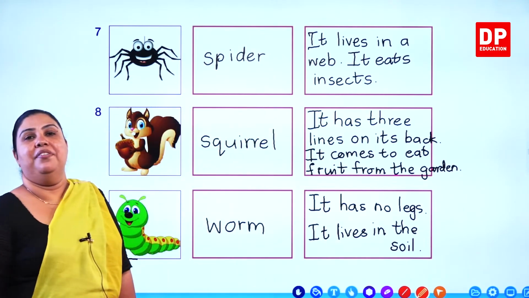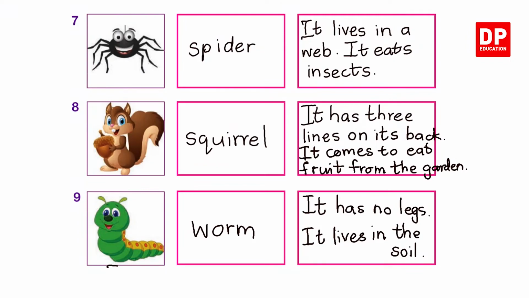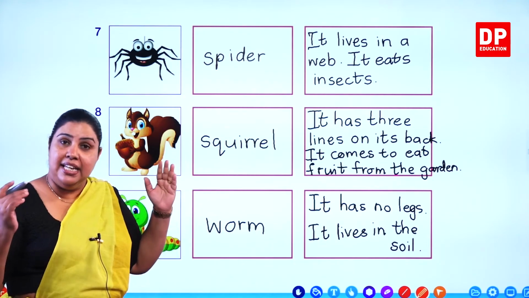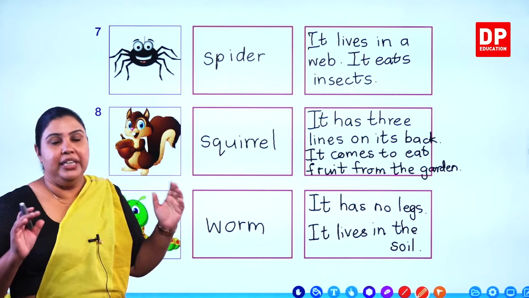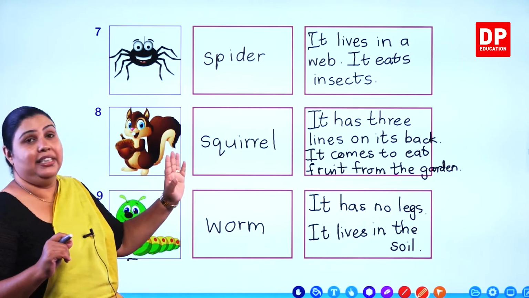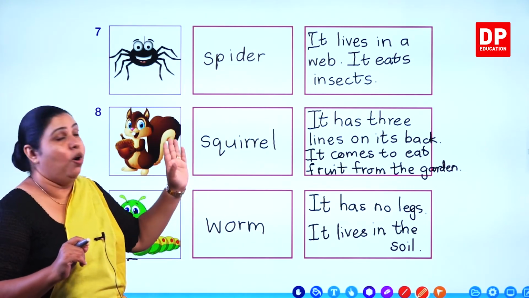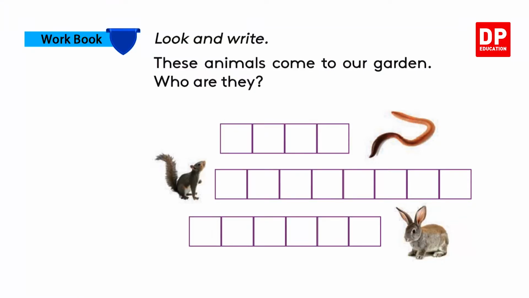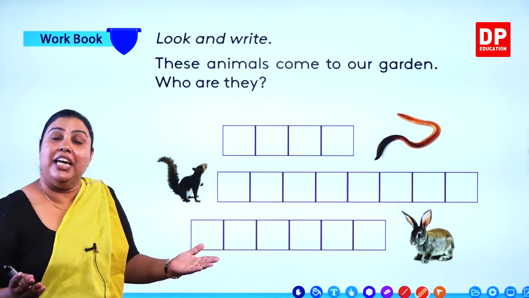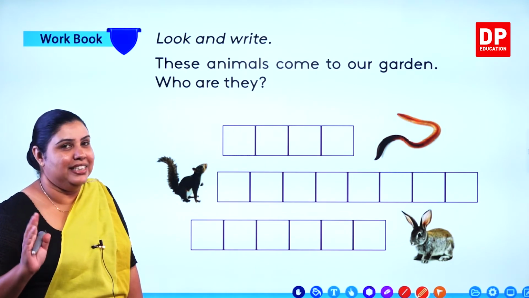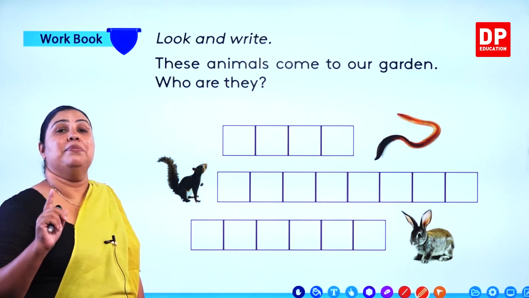Right. So now we have written the names of the animals and then the description of the animals. Right? So we have completed your pupils book activity. It says read and match. So you can do it in school with your teacher the way she asked you to do it. So I just brought it like this with the picture and the name of the description. So now we have completed that. Right. Now we have come to our workbook activity. Now we can do it very, very quickly because you know the spellings very well now.